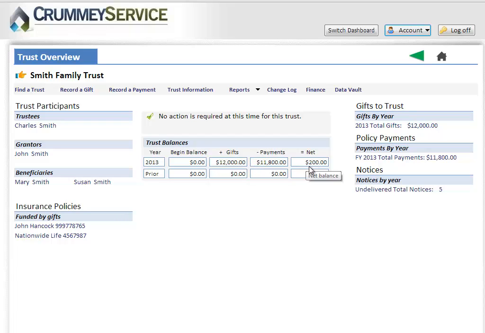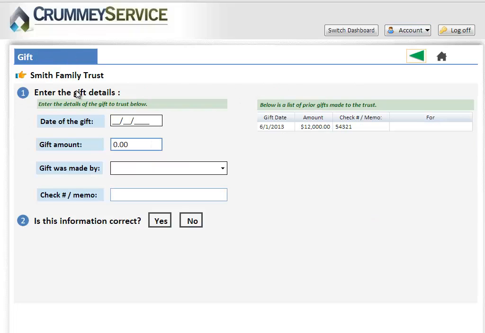And it's showing me that I've made payments to insurance policies of $11,800, so I have a net available of $200. So let me show you what I did. In this particular trust, I recorded a gift on 6/1 of $12,000, and I indicated the check memo, and now that gift is there in the history. If I wanted to make an additional gift, which I can do right now, it doesn't obviously have to do with policies or not,